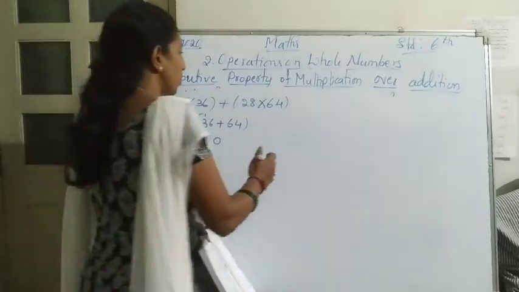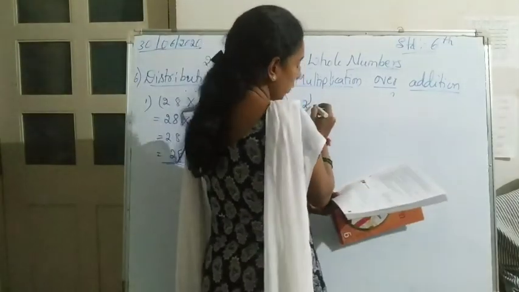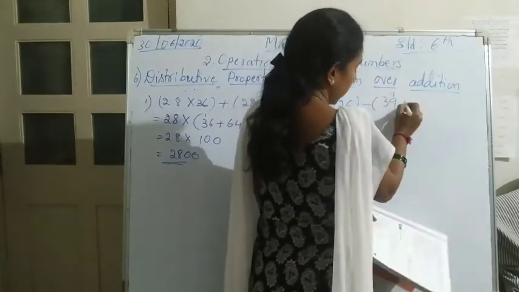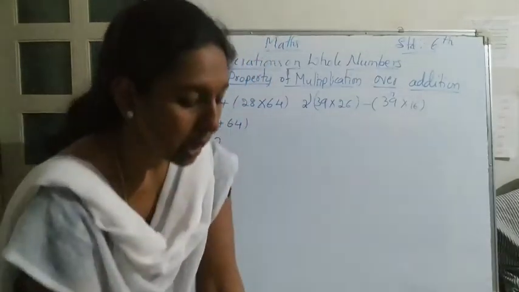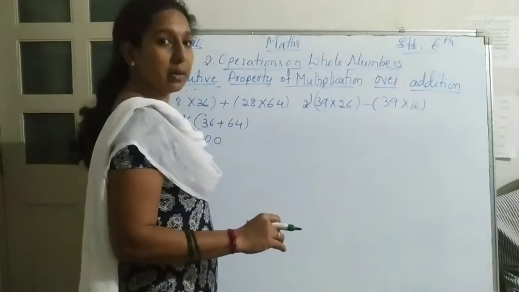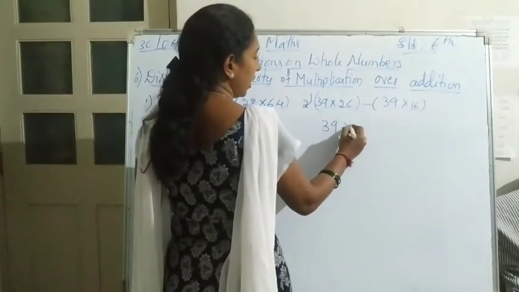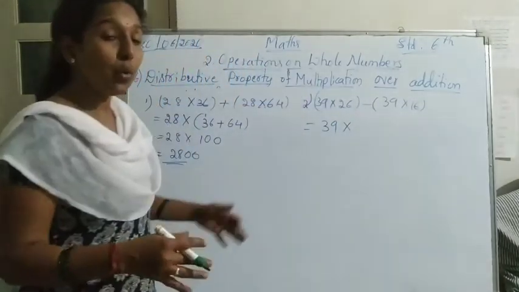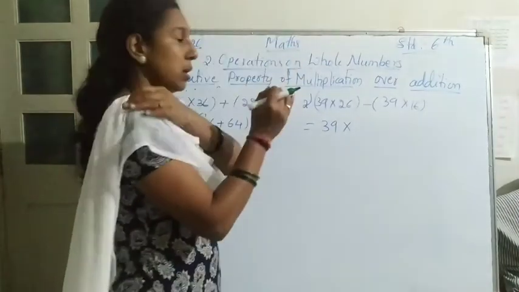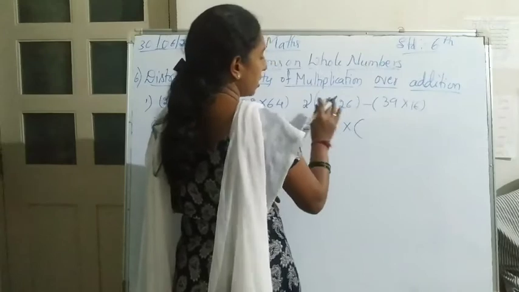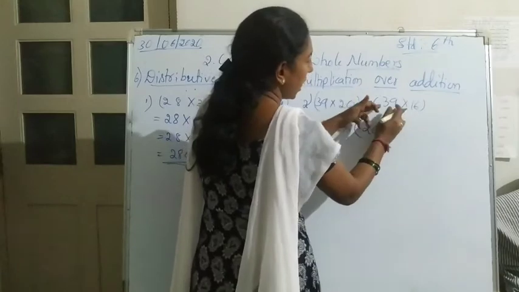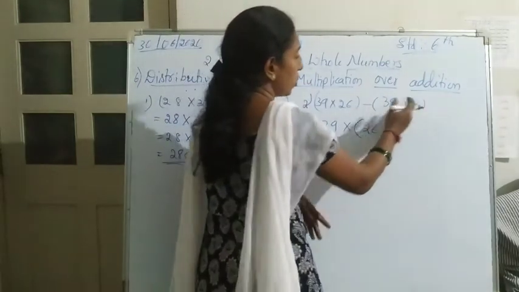If it is subtraction also, it is similar like that only. Let me take one more. 39 into 26 minus 39 into 16. Okay, so here if you see, in both the sides one number is common. What is that number? 39. So 39 I will write out into, because it should be multiplied. How we have to identify here? See, only one number is common in both the brackets, both the terms. That we have to take out. Next, after taking out 39, what is left? 26. Next here minus, and 39 is there, that also I have taken out. So what is left? 16. Minus is here because of here.